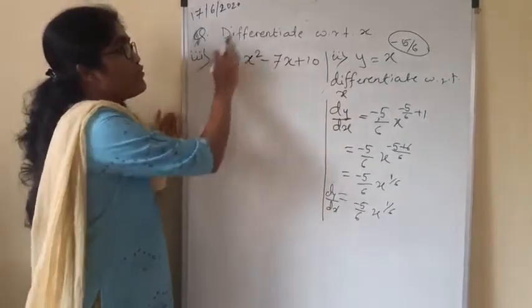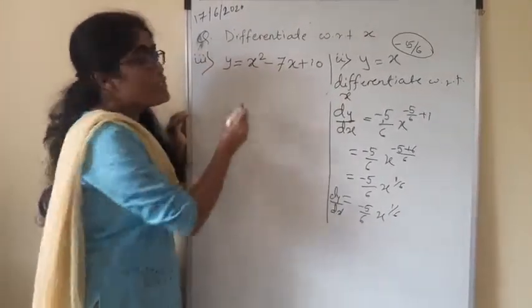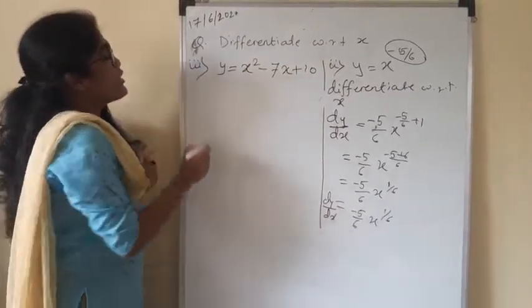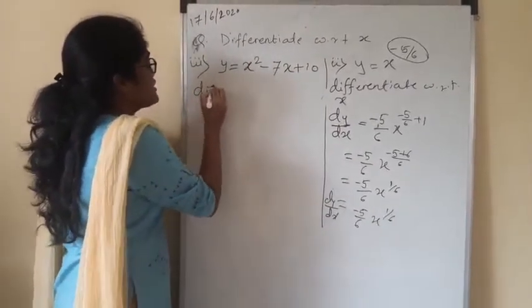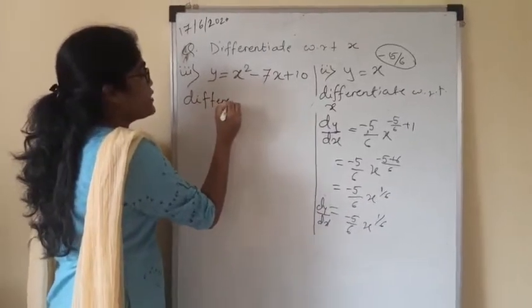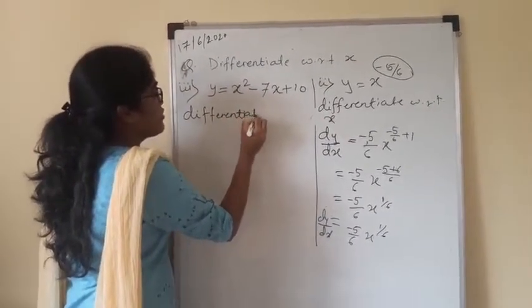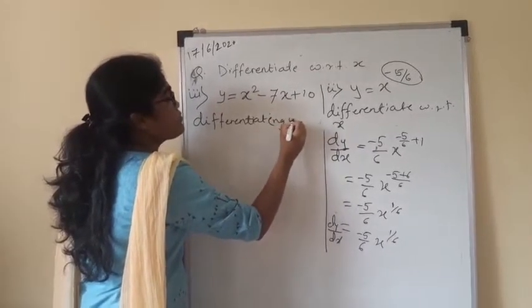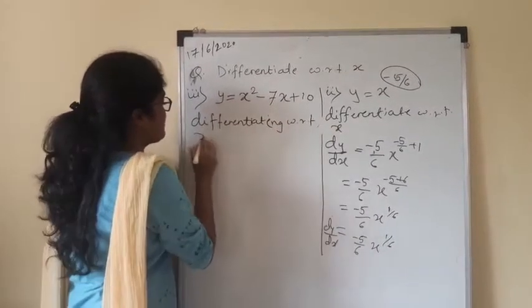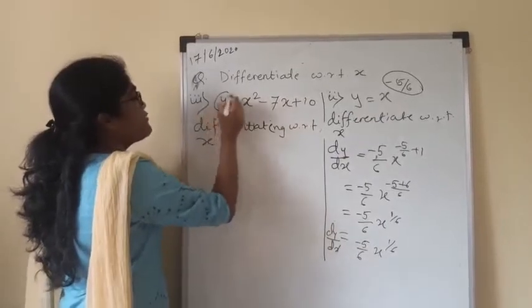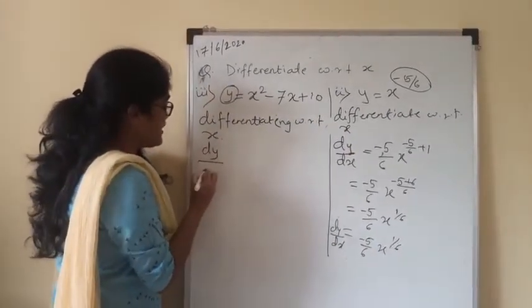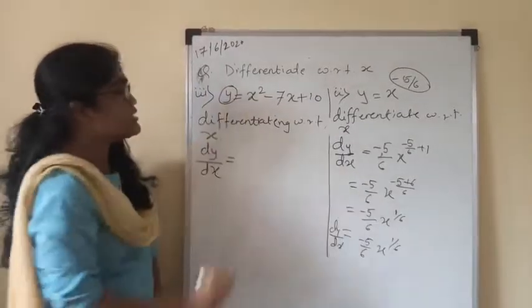Again the same question, we have to differentiate this function with respect to x. Here we will start with the solution. Differentiating with respect to x, the derivative of y is dy by dx is equal to